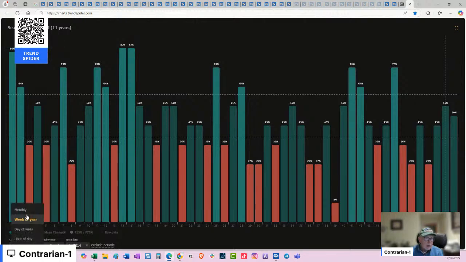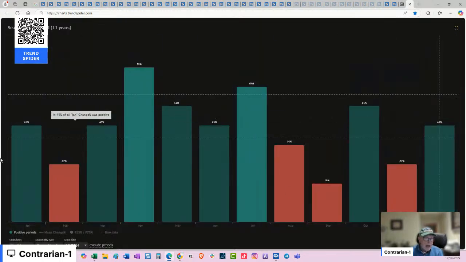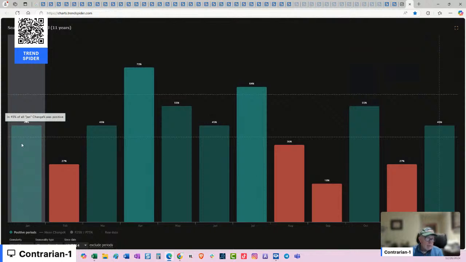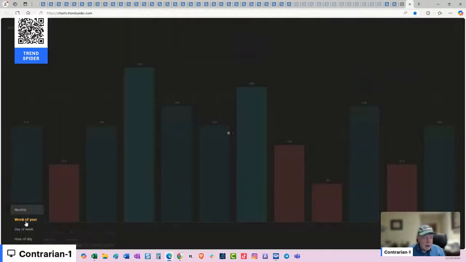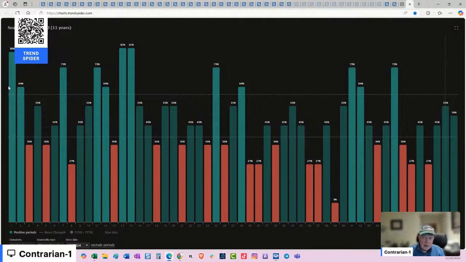So let's go back to the monthly chart, and you can see that January, which was a red month, is still a laggard in terms of being up more than down, but it gets a lot better. So I'm actually thinking that we're going to get a rally here in the gold stocks in the next couple of weeks. Here's a weekly view of seasonality. We're up 55% of the time the final week, only going back 11 years, and then 80% of the time the first week out of the year, and 64% of the time the second week. So I think I like it for a swing trade, in, out, and then we pull back, wait for a good re-entry point.